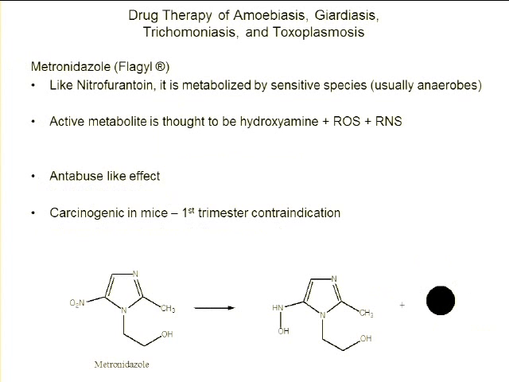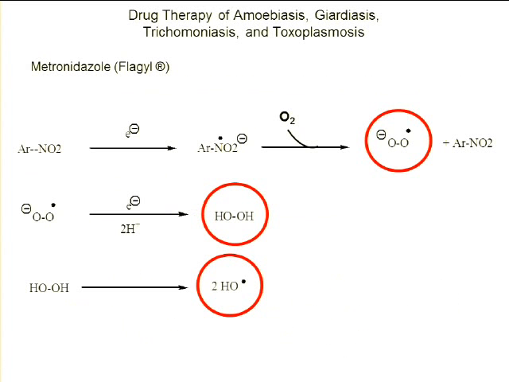You guys know what this is? Reactive oxygen species and reactive nitrogen species. Okay? So this is what I'm showing you here, metronidazole. You see the nitro group over here will be oxidized, giving you this hydroxyarylamine. And then this big circle denotes the ROS and the RNS. Okay, these are radicals. And I show you that on this slide here.